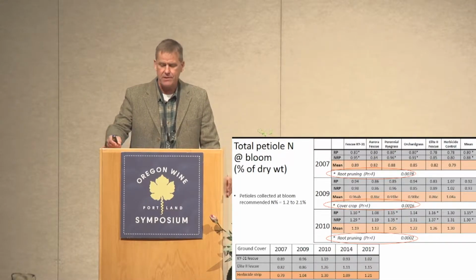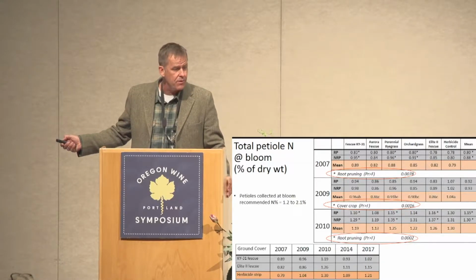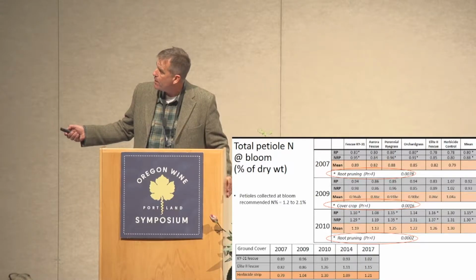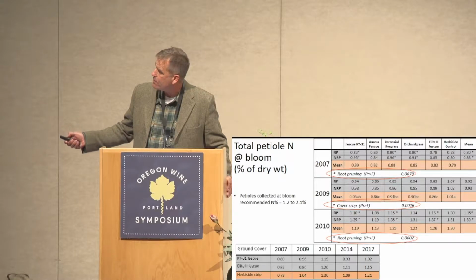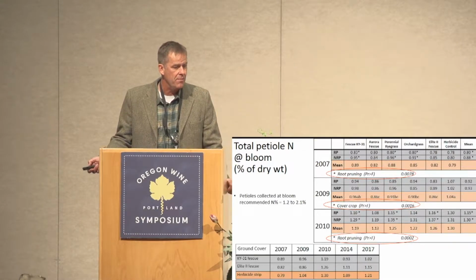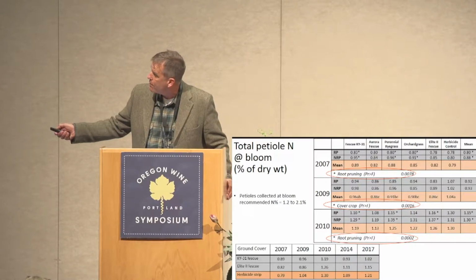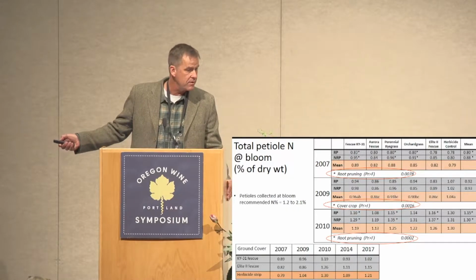So let's look at nitrogen just a little bit. If you look at 2007, there was an effect due to root pruning. We had some differences with the root pruned vines having a lower petiole nitrogen compared to the non-root pruned across the grasses in the herbicide control. But then in 2009, we had a difference just by cover crop. And we can see in that year the herbicide control was about 1.04, and the Elite 2, I think, was